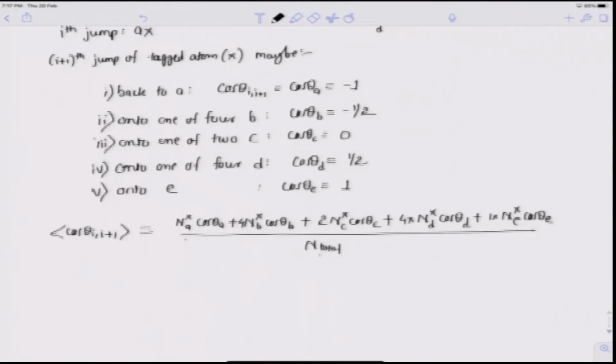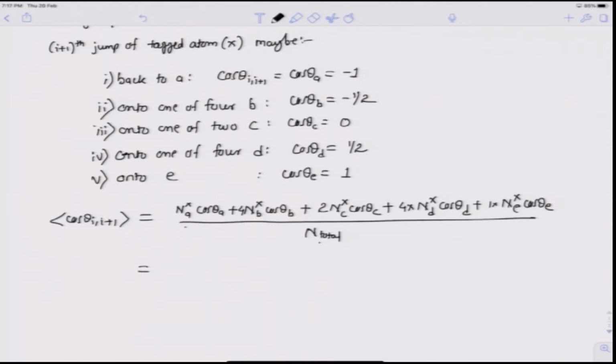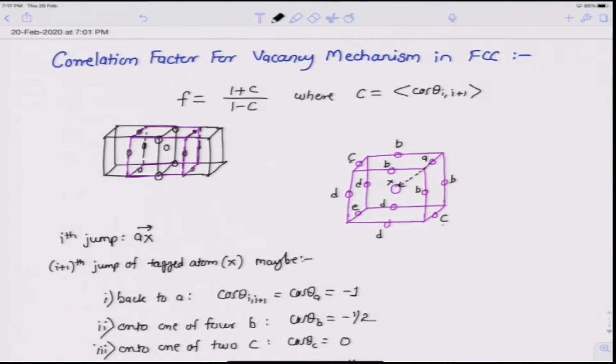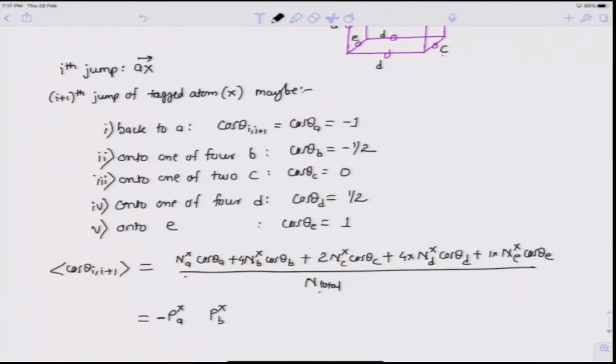So, let us denote it as P_xA, and cos theta A is minus 1. So, this is simply minus P_xA. Similarly, P_xB is the probability that the atom X makes its i plus first jump to a site of the type B. So, this will be P_xB, and cos theta B, we know is minus half, and there are 4 such sites. So, this would be minus 2 P_xB plus